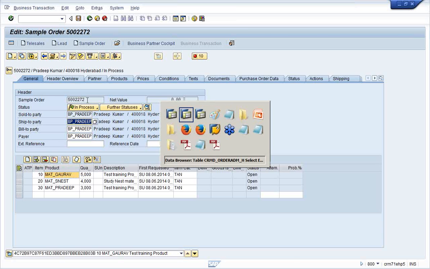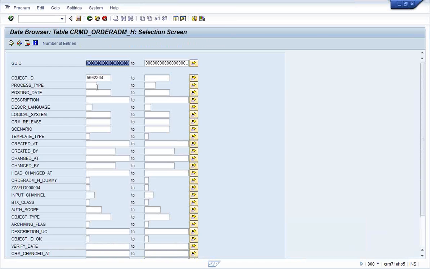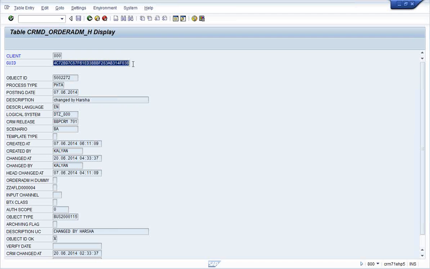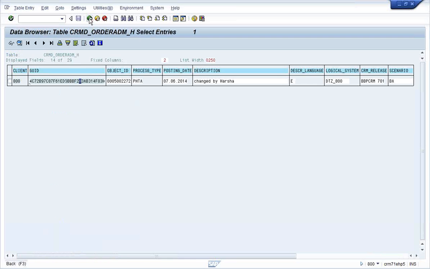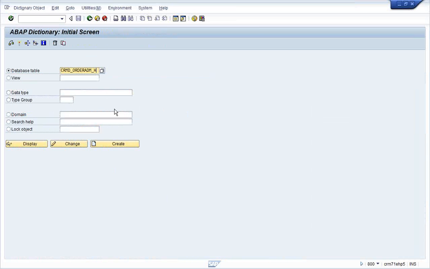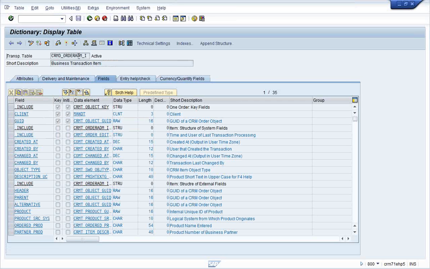Now it will be more clear. For transaction number 2272, you have one GUID, which is at the document level, and each and every item, each and every product you are ordering, will be stored in CRMD_ORDER_ADM_I. Every line item you enter will have a GUID.